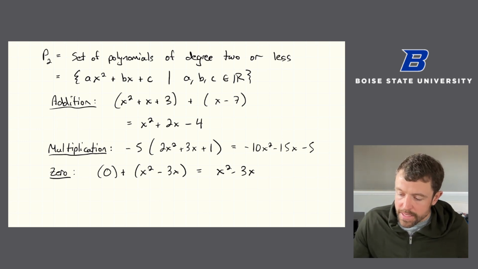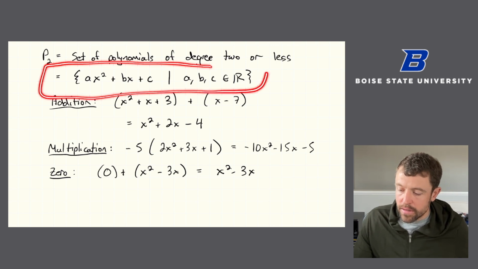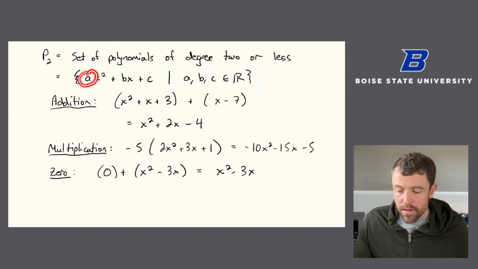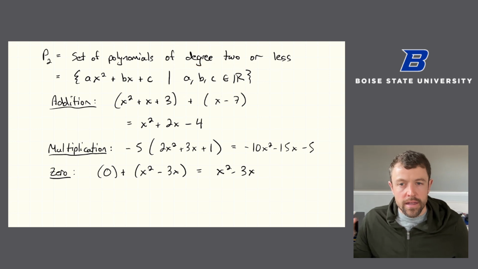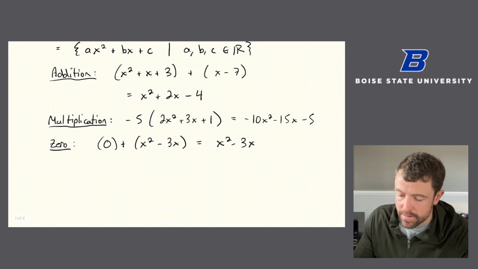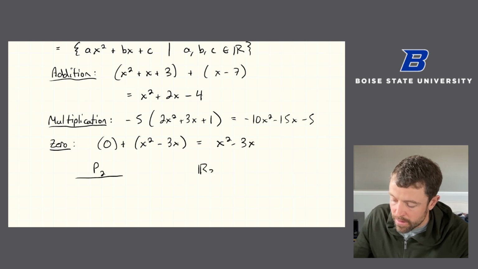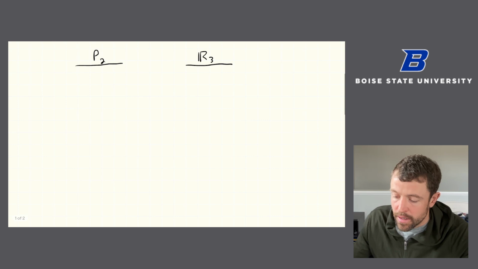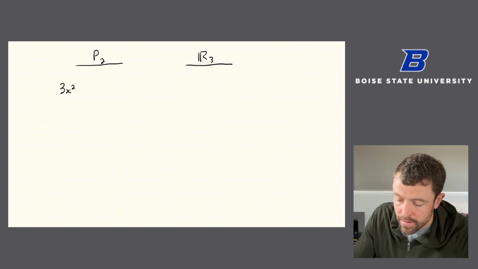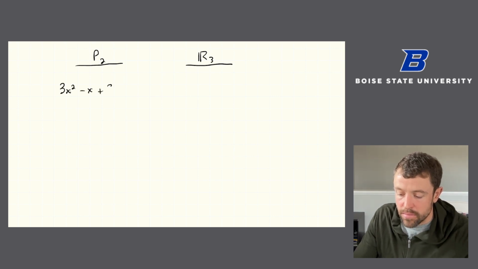When you look at this second way of writing P2, you might start to notice that these polynomials are dependent on these constants, and there's 3 of them, and they're all from R, and this is really starting to look like R3 to me. And I can formalize that, or, I mean, make more formal. I don't want to overdo it. But if I take something in P2, so if I take like 3x squared minus x plus 3,